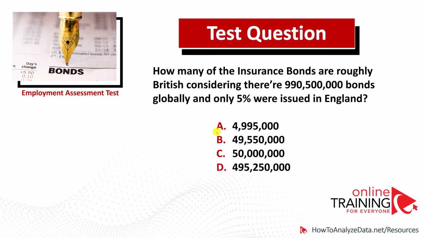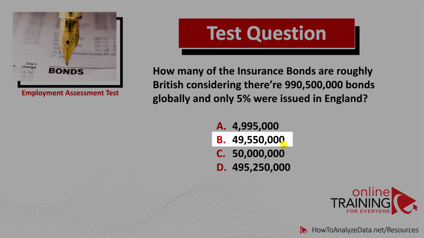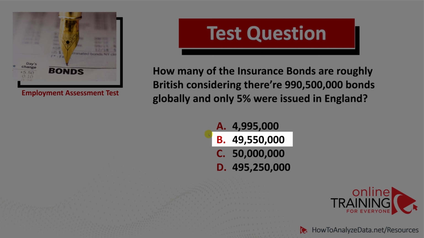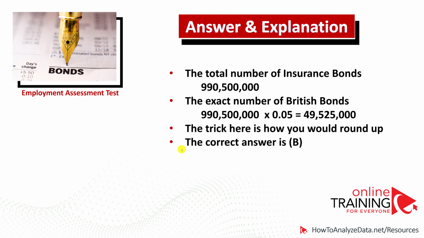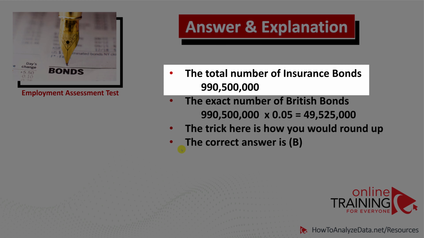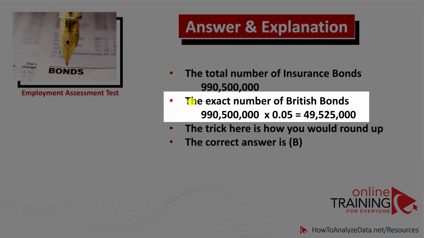Now, as we eliminated choices A and D, we can reasonably conclude that choice B is the closest, because choice B much better represents 5% of the source number, 990,500,000. Let's recap. The total number of insurance bonds is 990,500,000. If we do the math on the calculator, we can calculate that the exact number of British bonds is